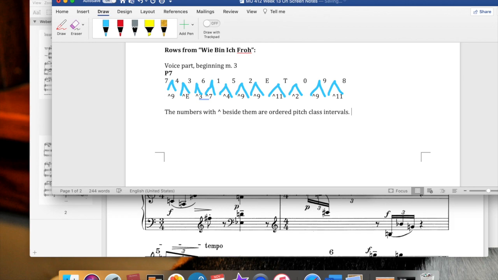Those are the things that actually create the row. So if we started the row on a note other than G, or other than 7, if we started on 4 or something, it would still have this pattern of intervals. And that's how you could tell, oh, it's still a prime row because it's got that same set of intervals.